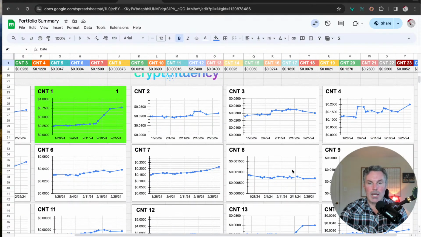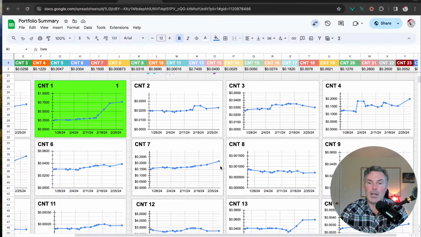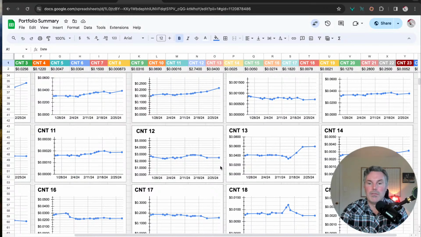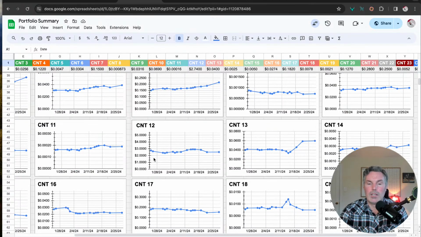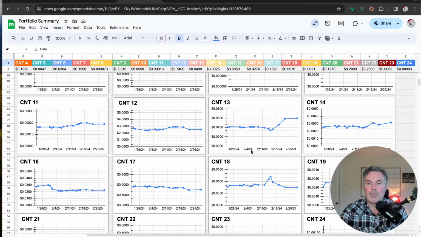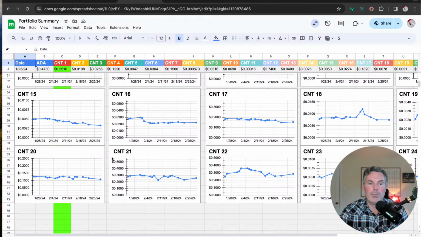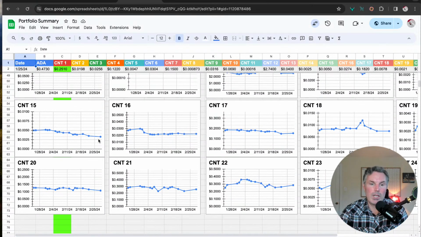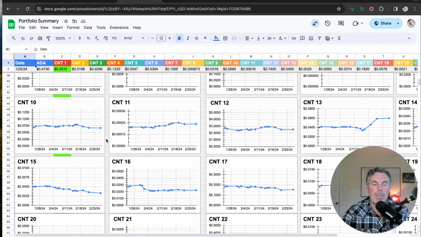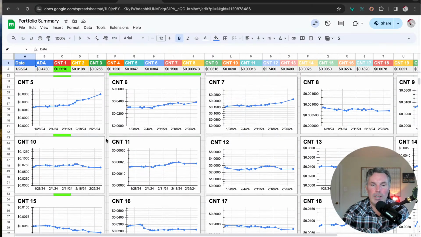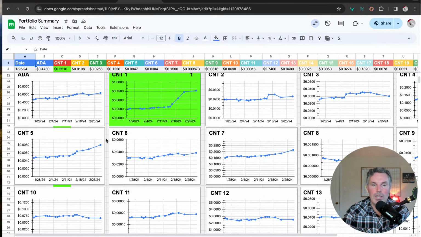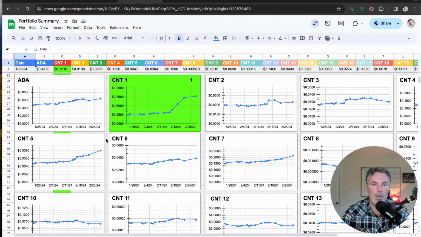In real time, you've got a lot that are going sideways. Some are going down. Okay. Some are going up. And it's very exciting, right? There's still so much time for you to grasp and understand the opportunity before you, right? Not every single one is going up. That's something very powerful to understand, that not all of these are going up, but they're so early in their infancy that when they do go up, they go up pretty grand, pretty fast.